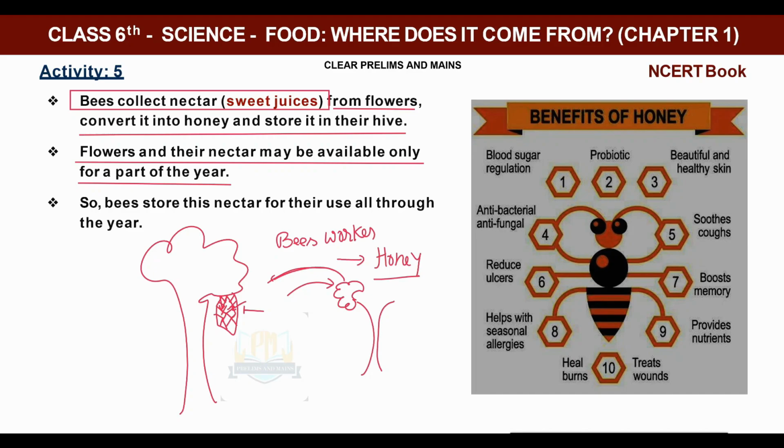So in these months some flowers grow, and during that period the worker bees take the nectar from the flowers, and then they make honey in hives and collect it. So the bees store this nectar for their use all through the year. Few months they work, all through the year their own, but what do we do? We take it, and